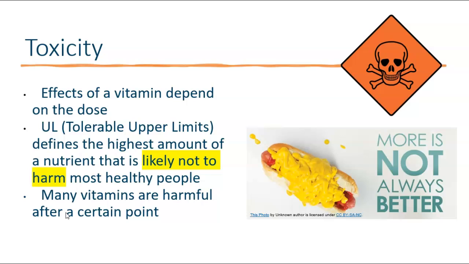And toxicity, when we talk about the UL, those upper limits that we shouldn't pass, it's because things are harmful after a certain point. But the effects depend on the dose. Most foods, when we're eating them, we're not going to get past those tolerable upper limits. So we're likely not to be harmed by food, but we tend to be harmed by people taking specific vitamins, like maybe you're taking a vitamin A pill and a vitamin D pill and B vitamins, and then